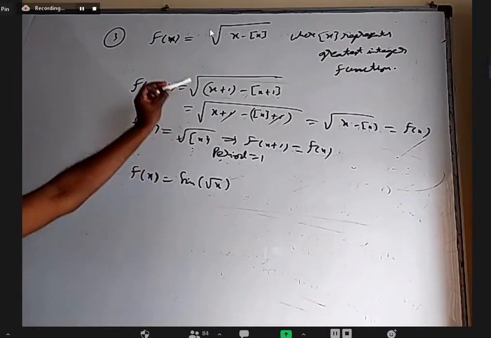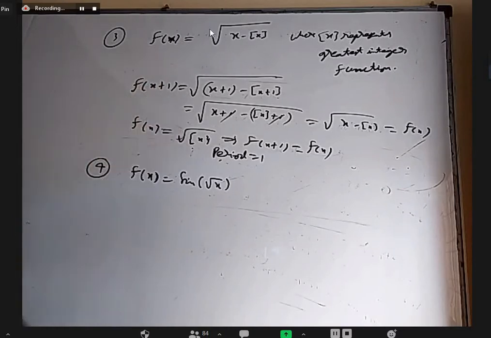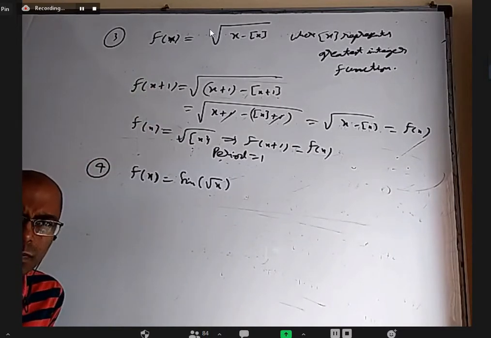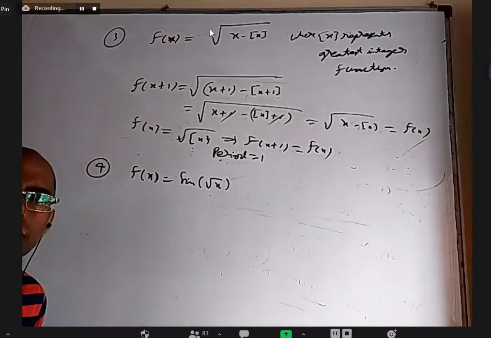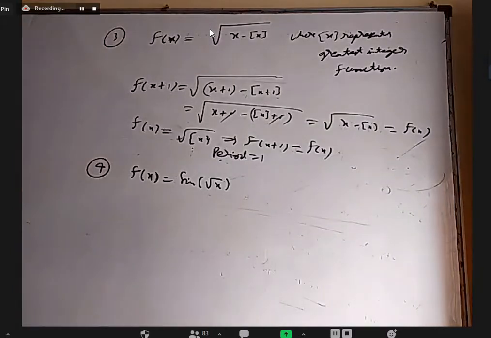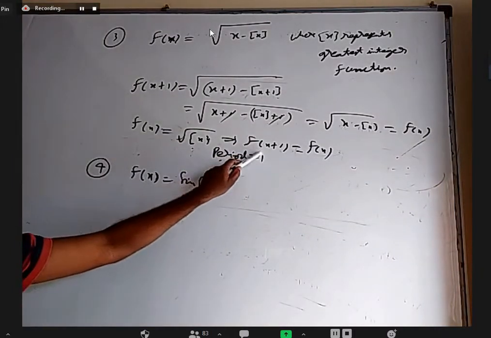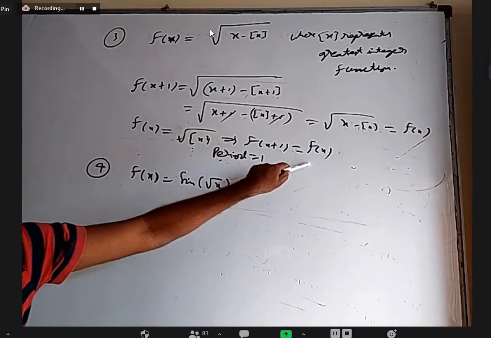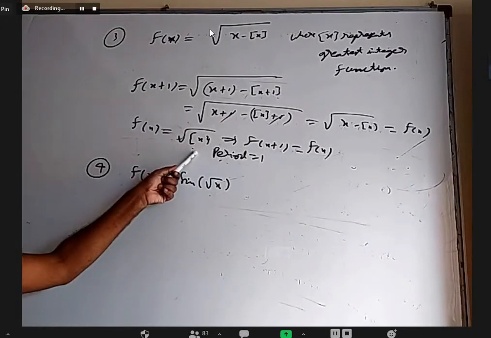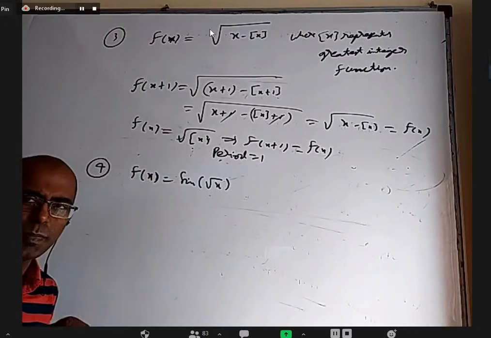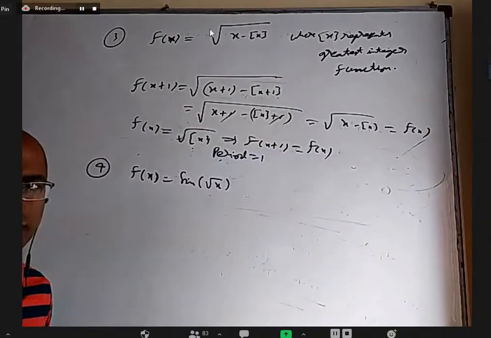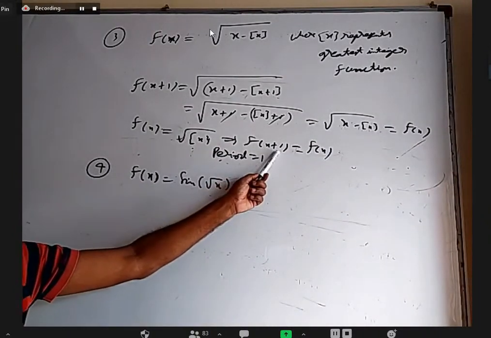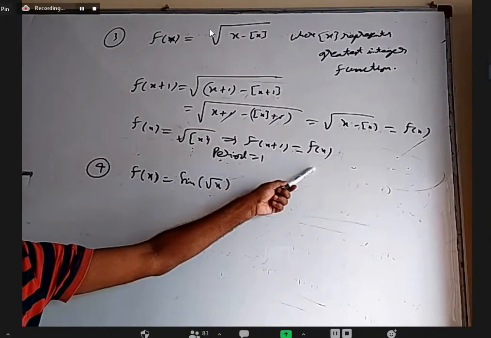Okay, regarding the fractional part of x, this one, anybody any doubt regarding the third one? How is the period 1? Sir, the last step, what did you do, sir? Here, nothing much. I just wrote f of x plus n equal to f of x directly because it is the fractional part of x. Whenever you are finding the decimal part of a number, by adding 1 to it, the decimal part will not change. If you take 7.2 and add 1, it will be 8.2, but the 0.2 part doesn't change. So directly I can say by adding 1, it doesn't change. So f of x plus 1 is the same as f of x.